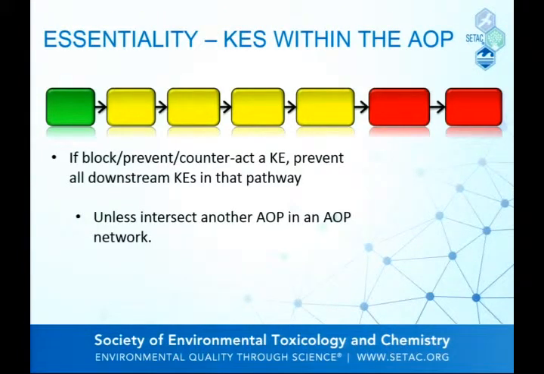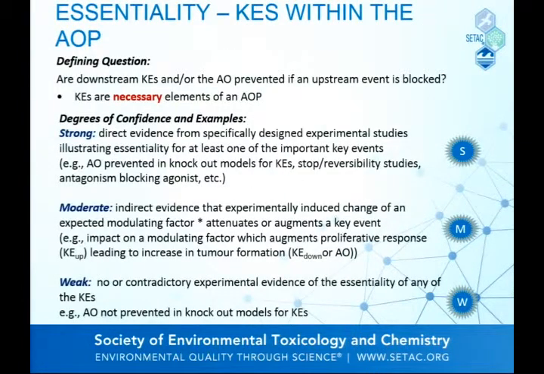Essentiality, again, we've talked about this multiple times. It's this consideration: if we block or prevent a key event, do we prevent the downstream event? The defining question there is just that. Strong support would be direct evidence from specifically designed experimental studies that illustrate essentiality. This would be things like knockout experiments. So if we say binding to this particular receptor is critical for this effect to occur,